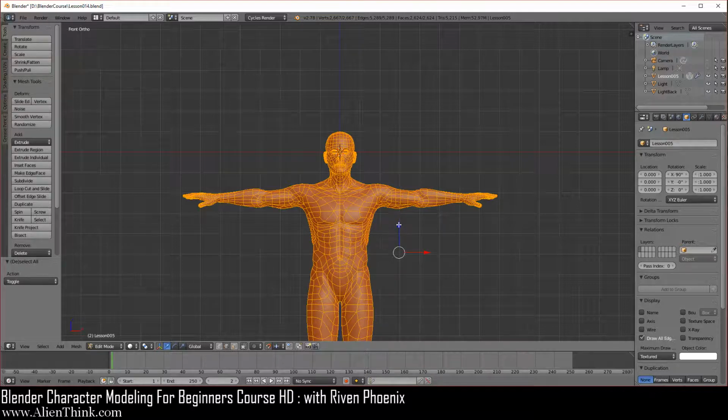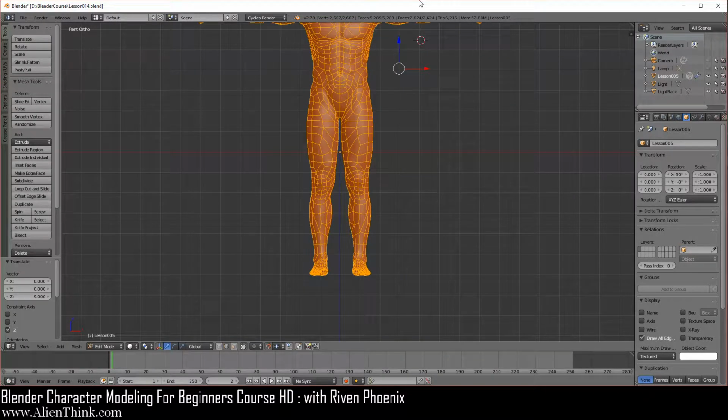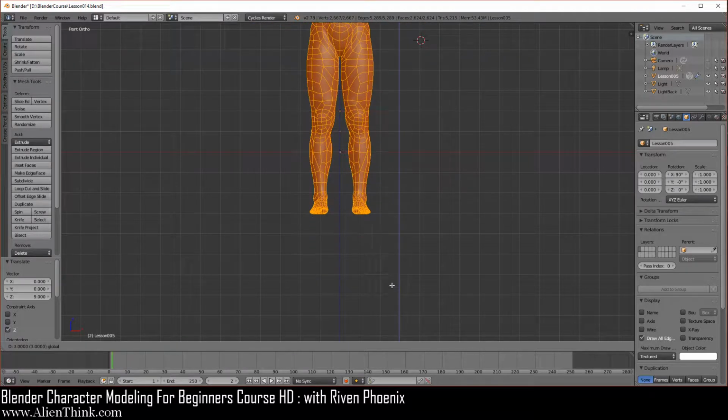Now the thing to note is that when I grab this blue arrow and move it up, my cursor is going to go above the screen and it's going to come back out on the other side in Blender. This is a Blender feature, so you don't have to keep lifting it. So I'm going to click on the blue arrow with the left mouse button, and I'm just going to move it up until I get the bottom of the feet on the red line.